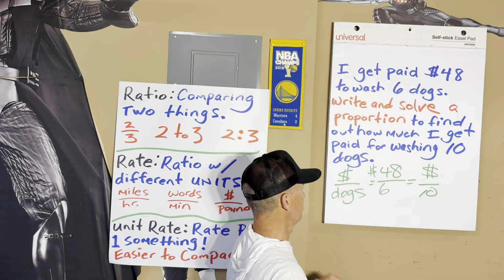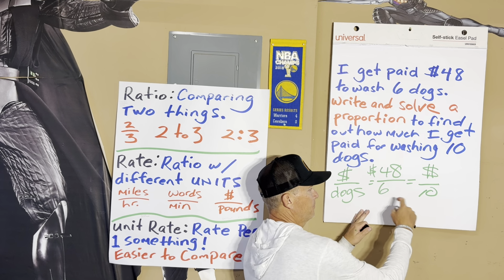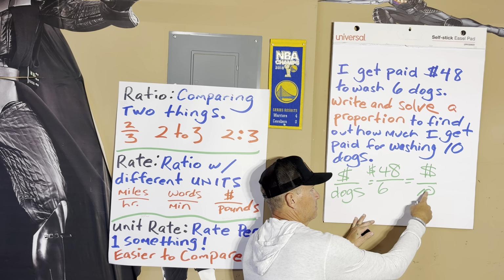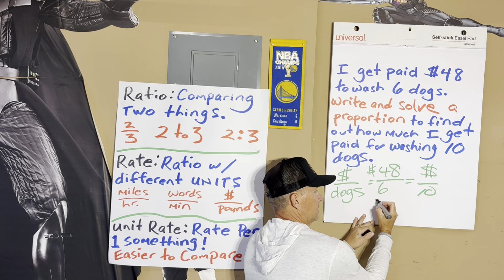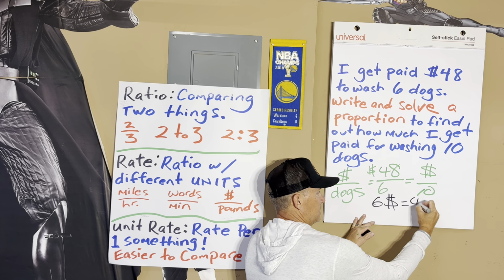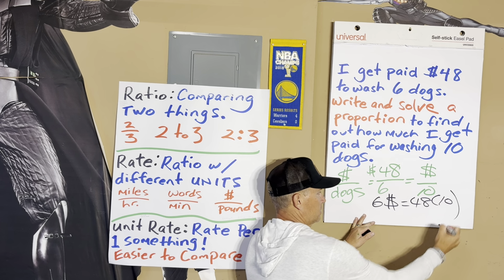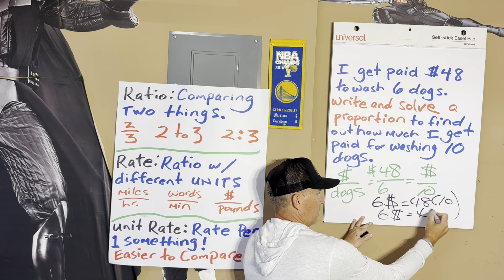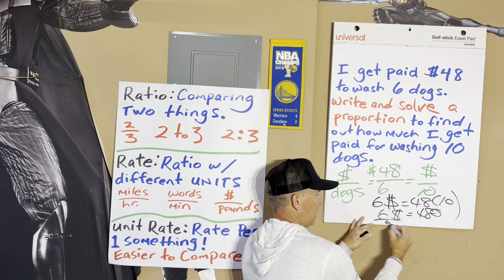Okay, I'm not even going to reduce. I could reduce, but I'm not. This times this is this times this. This times this is this times this. $6 equals 48 times 10. $6 equals 480. Divide by 6,